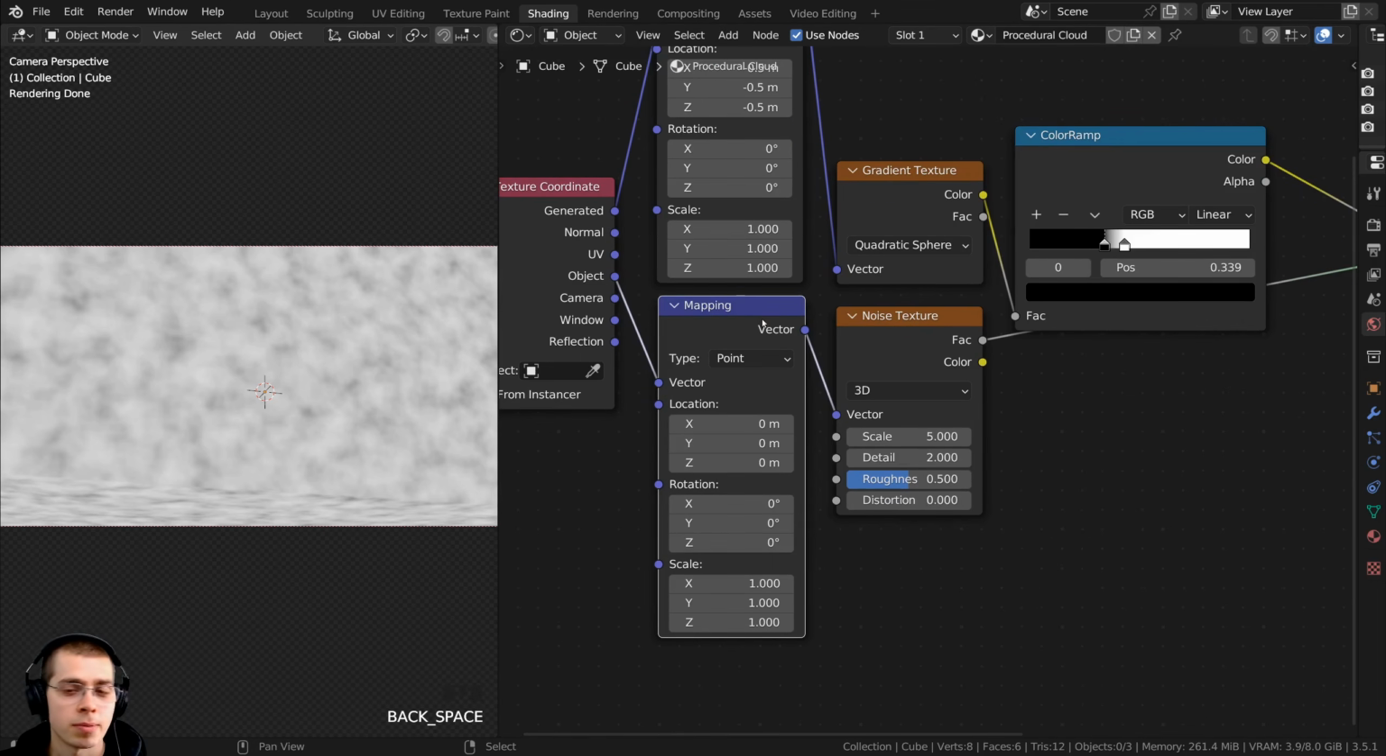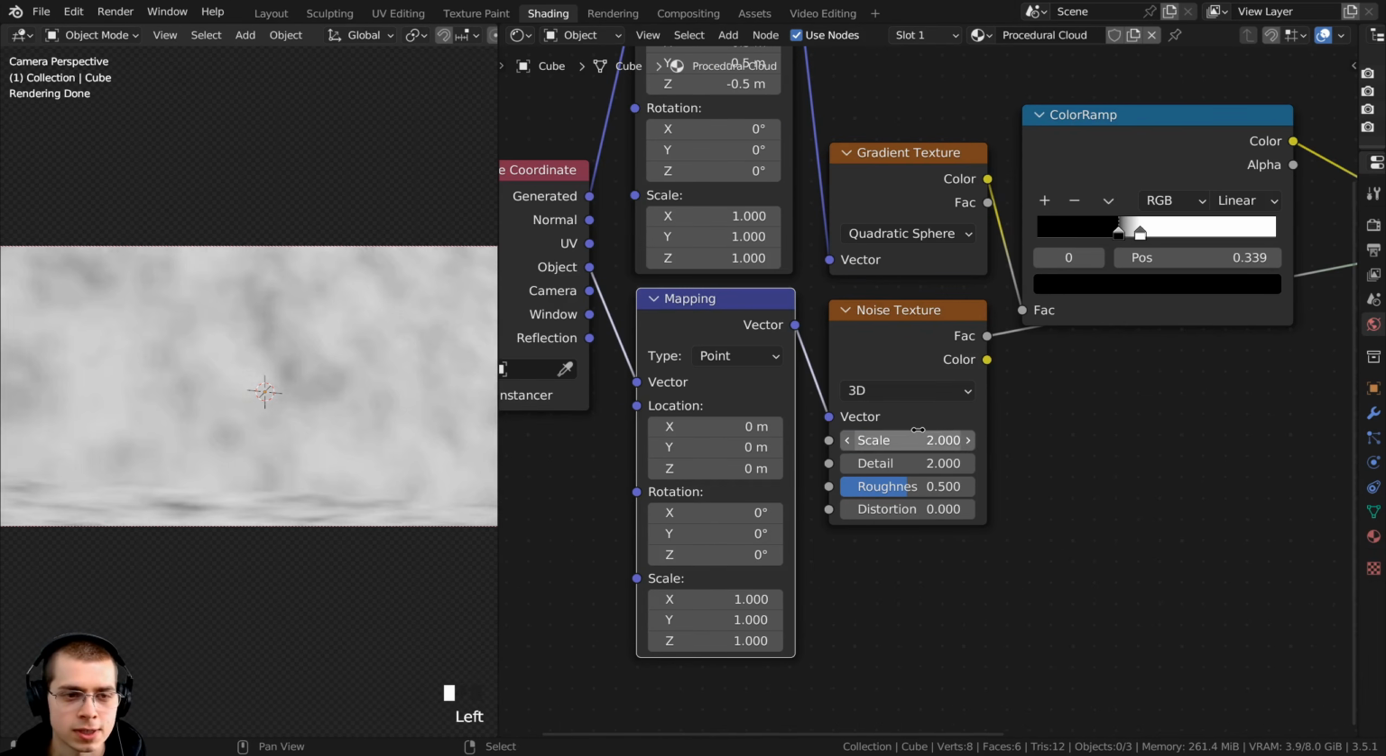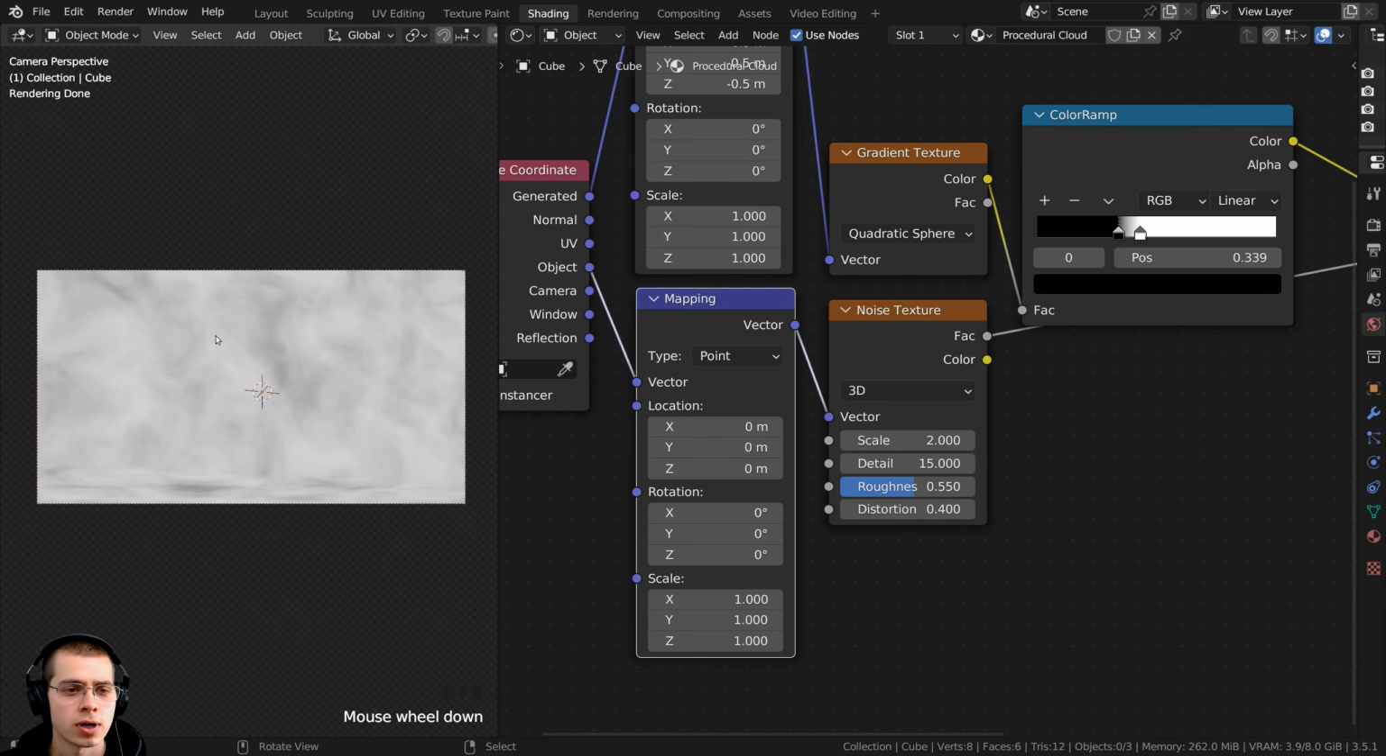So now we can change some of the noise texture settings. I'm going to turn the scale to 2 because I want that to be smaller. I also want this to be very detailed, so let's turn the detail up to the max. And then I'll also turn the roughness up a little bit to like a 0.55. And also this distortion value, I'm going to turn this up to like a 0.4, so there's a little